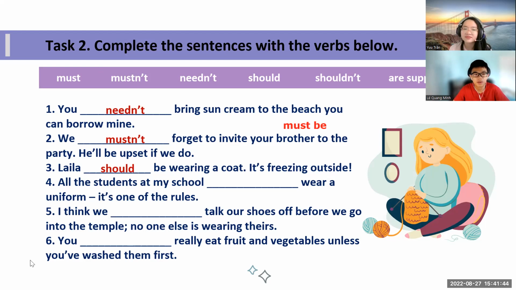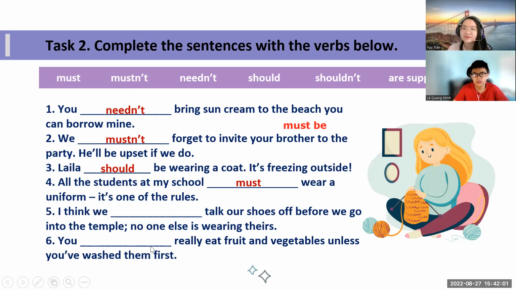Must wear a uniform is one of the rules. All the students at my school must wear a uniform is one of the rules. Well, very good. Number 5, I think we